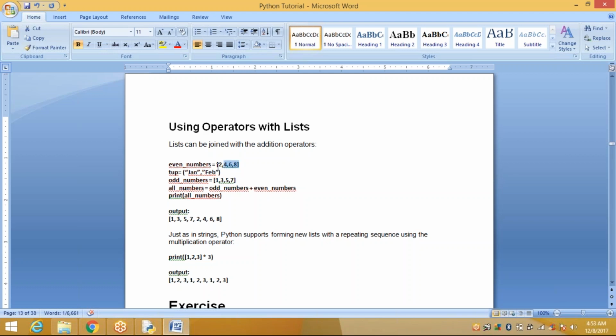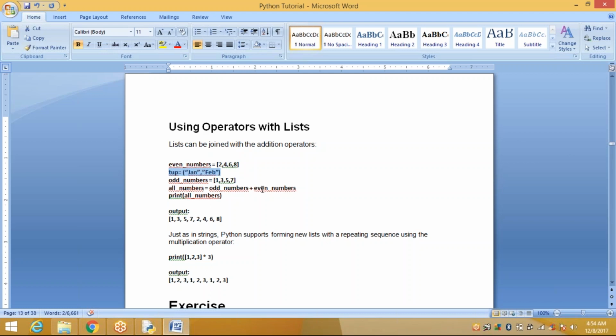But a list can be changed, while a tuple cannot be changed. This is immutable. Immutable means constant, which we cannot change. That is tuple. So a tuple is just like a list, a sequence of immutable Python objects.